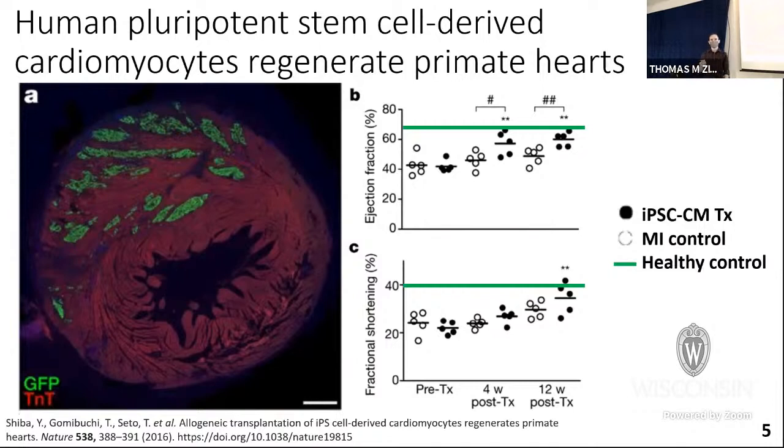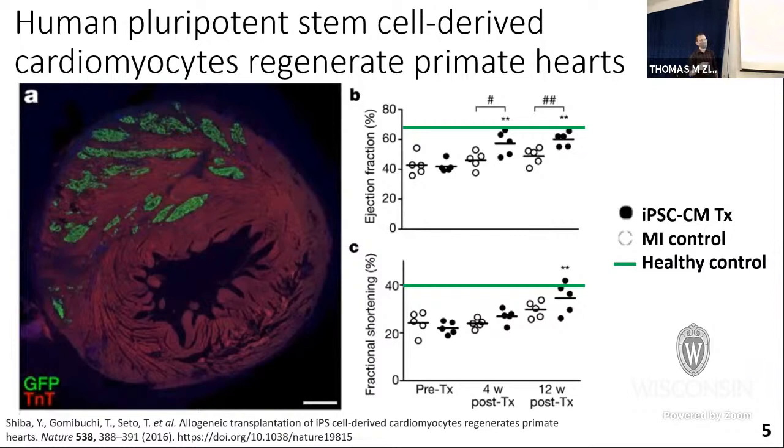So two of the predominant things that we look at in the field for looking at heart efficacy, or the ability of the heart to function, are called the ejection fraction, so the amount of the volume that the heart is actually able to output. So in every pump, how much of the total volume of that chamber is able to be expelled into the venous system. And so we see an improvement in ejection fraction.